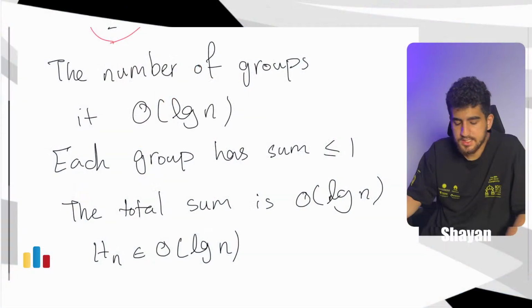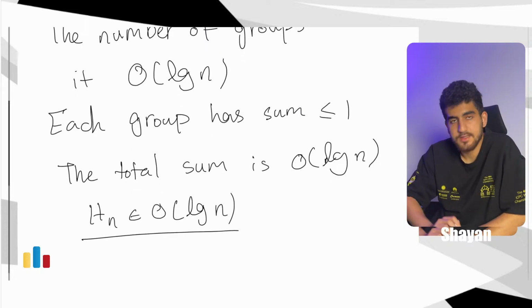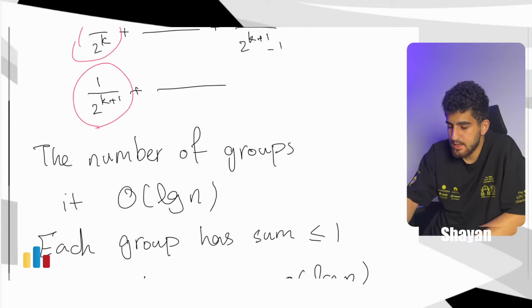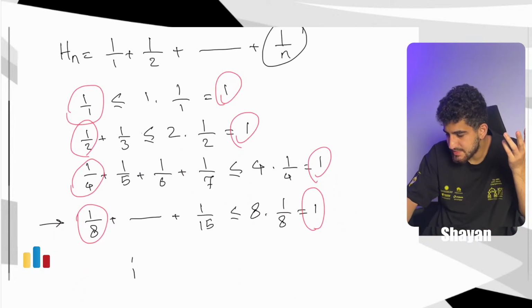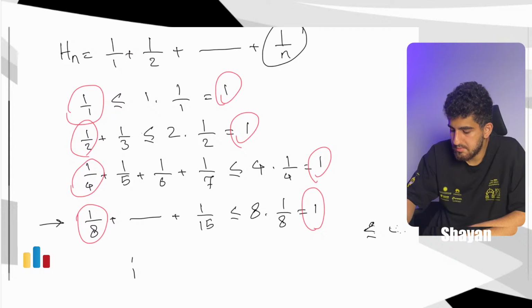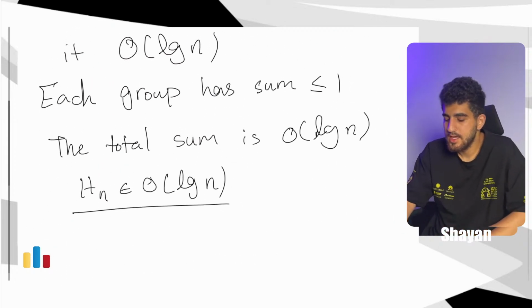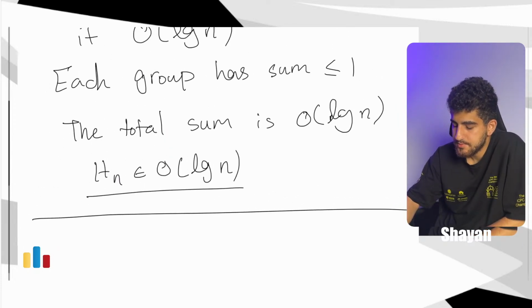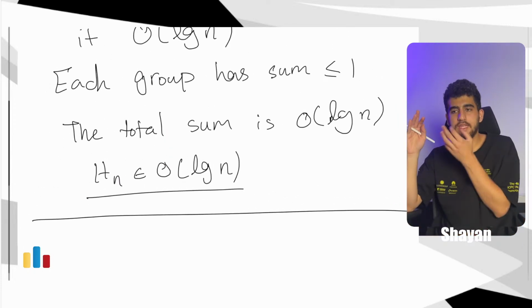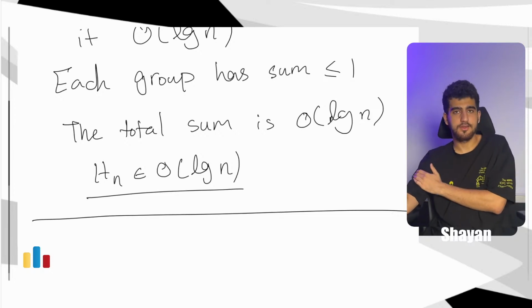Okay, so basically what we're saying is we showed that h of n is at most some constant times log n. But as I said, I can also show that it is not way more than log n. In here, we just had less than or equal to. So we know that it's less than or equal to something times log n. But why not? Maybe it is a constant number. Maybe it is even better than log n. I mean, we also want to show why it is not better than log n as well. I'm saying very quickly that it is not better than log n, because you can also group them like this.